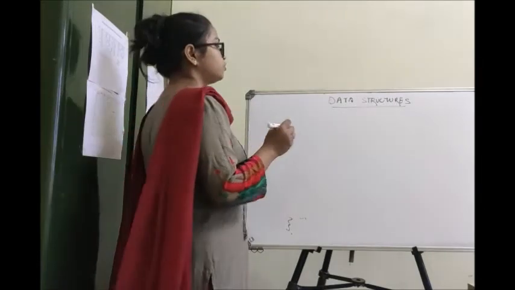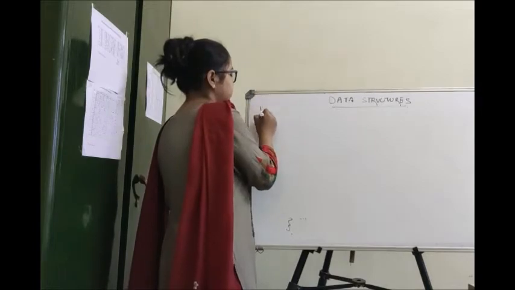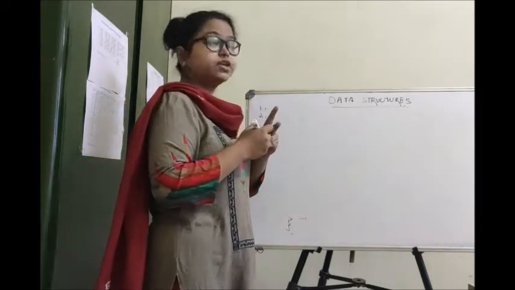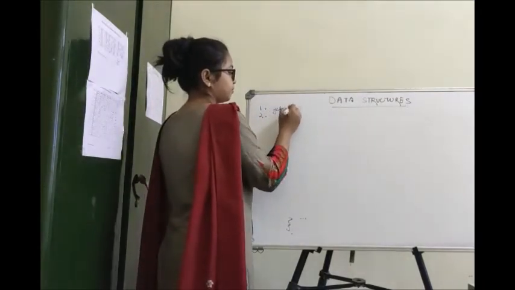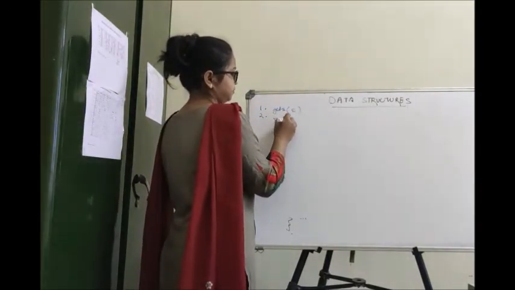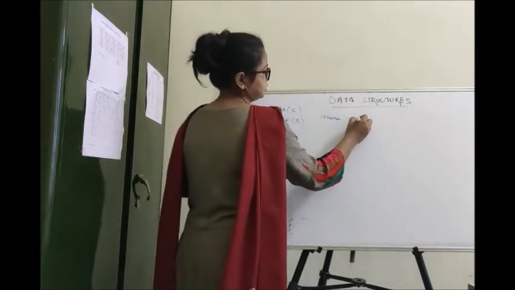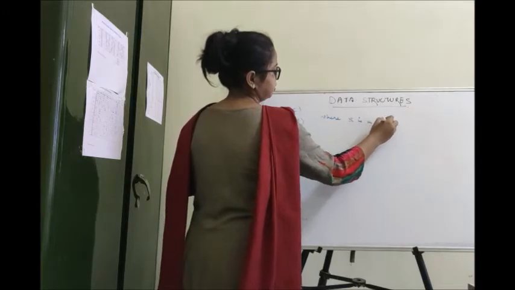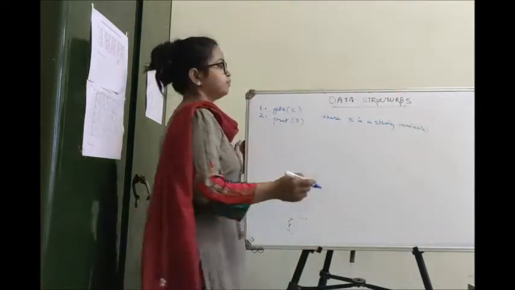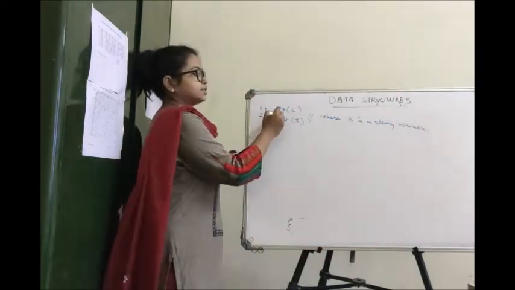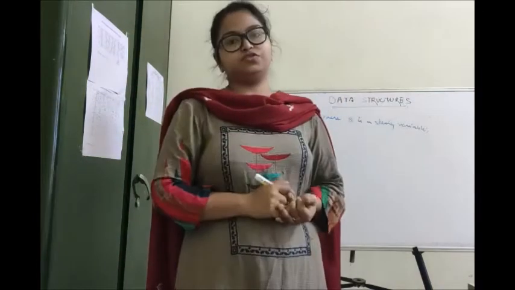So before moving to string functions, first let me tell you there are two very important operations which we usually use in strings: gets and puts, where s is a string variable. Okay. So what is gets? gets is used when you want to read an entire line of string.